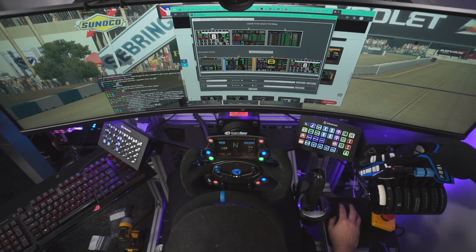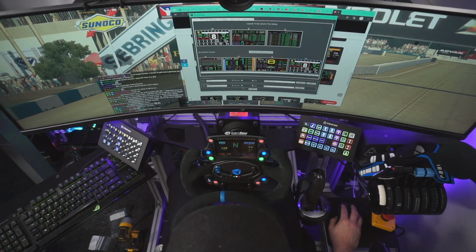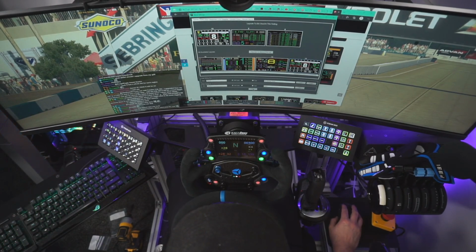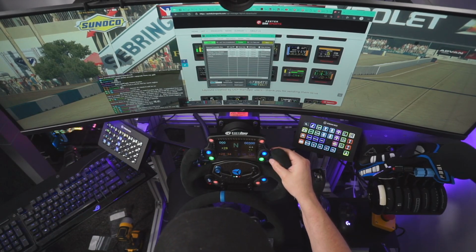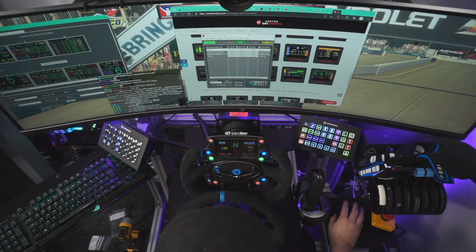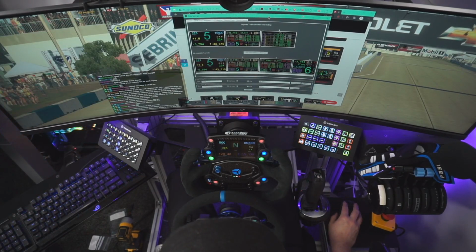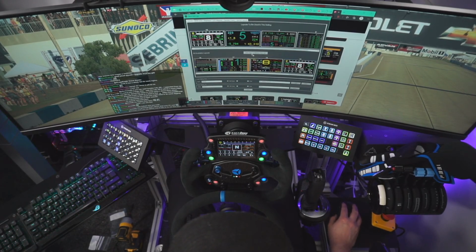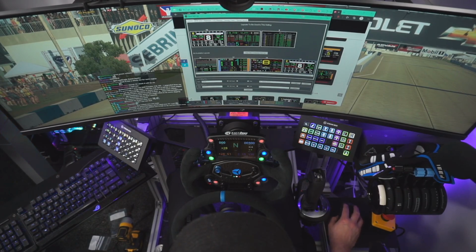And then you can even have settings per car. So say save,